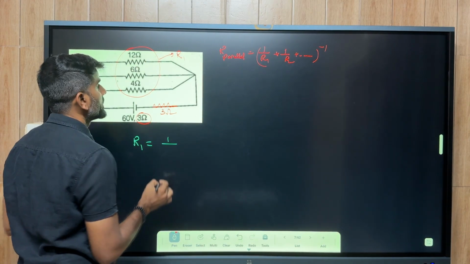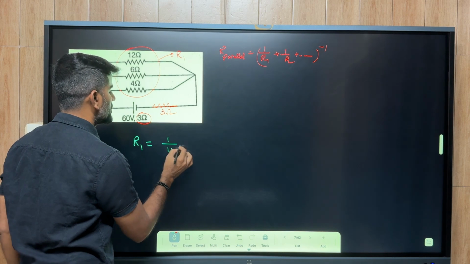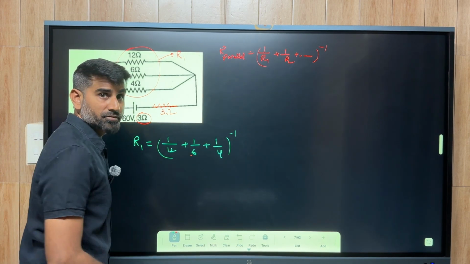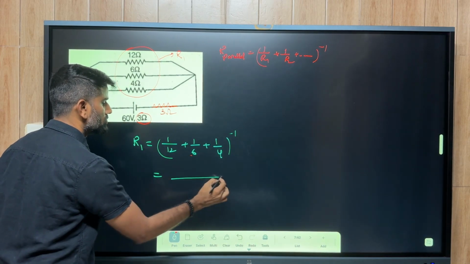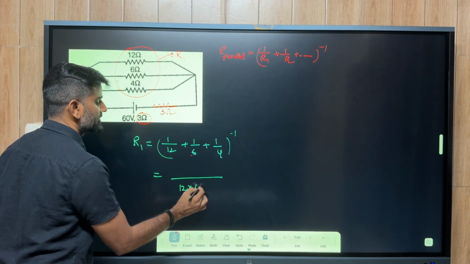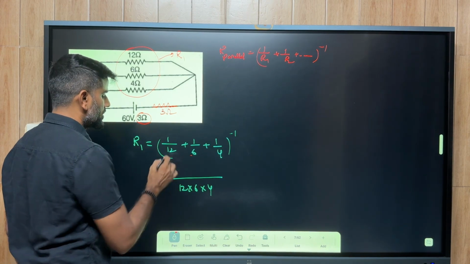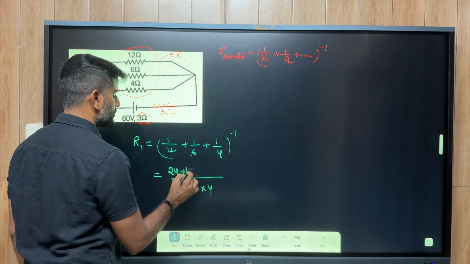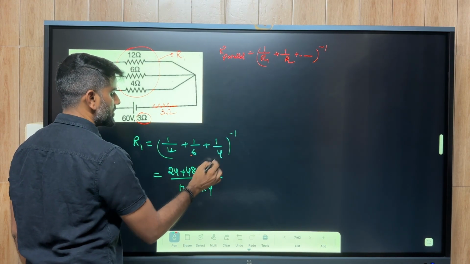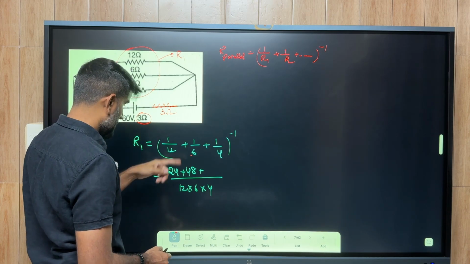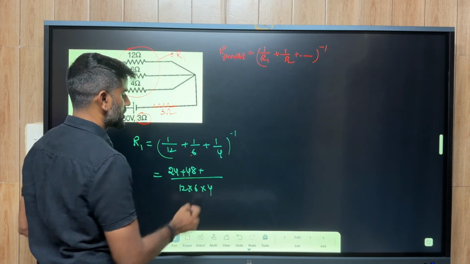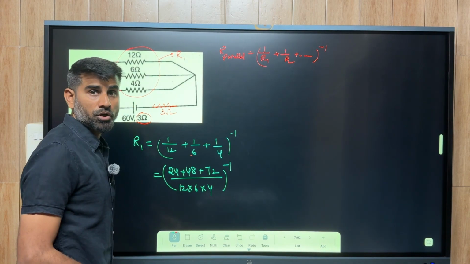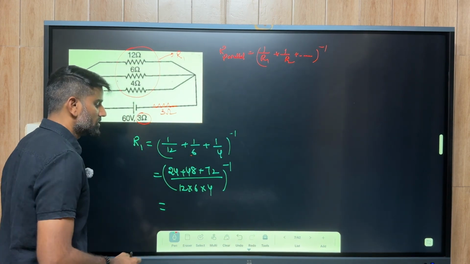R1 is equal to 1 by 12 plus 1 by 6 plus 1 by 4, whole inverse, right? So this will be equal to, for 12, 6 and 4, the LCM: here we have 12, 6 4s are 24, here we have 6, 12 4s are 48, 12, okay, now 4, 72, whole inverse, right? Okay, now what am I getting here? So 24,